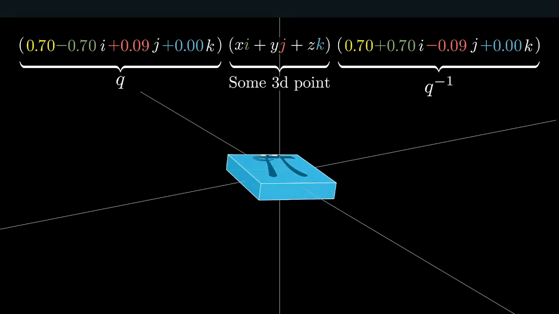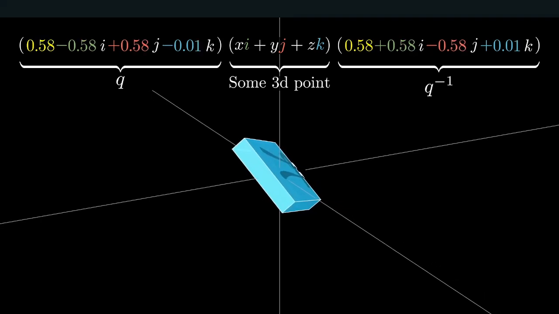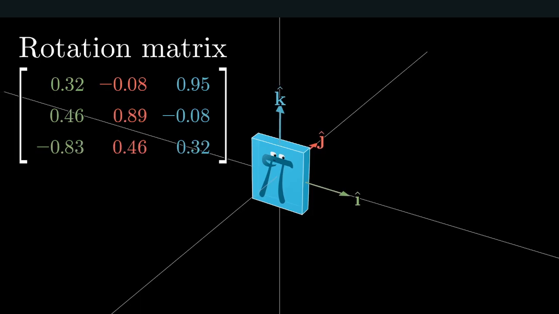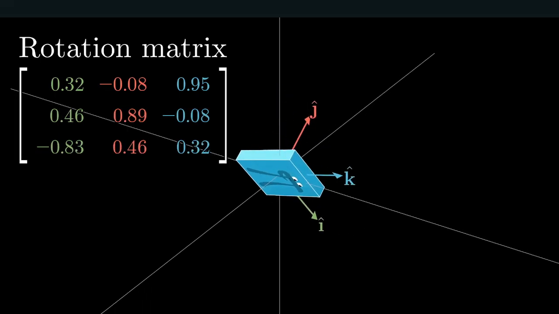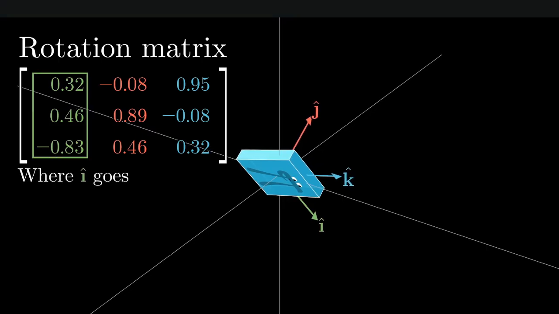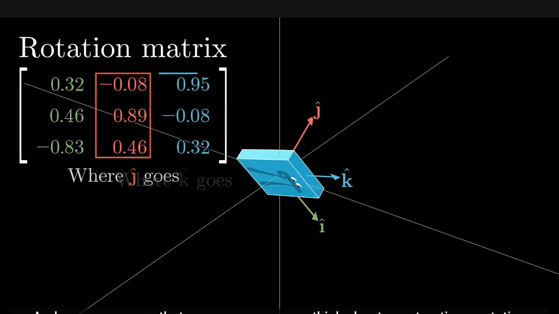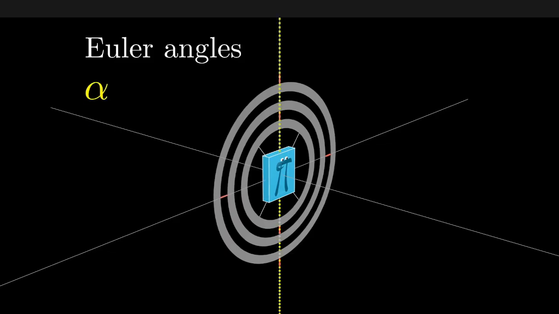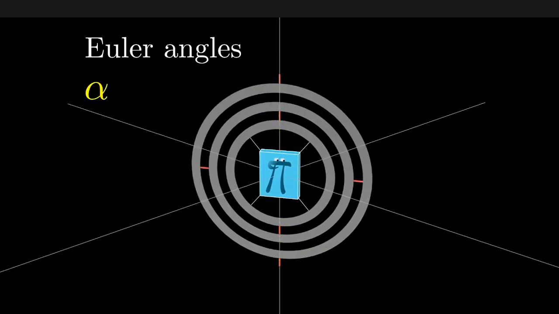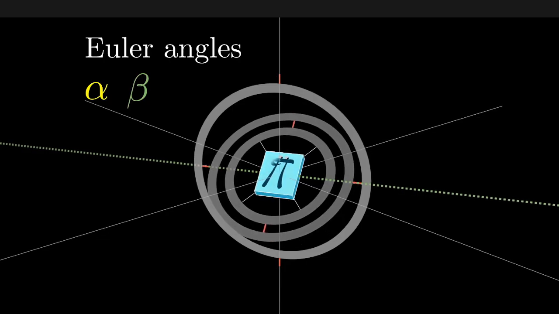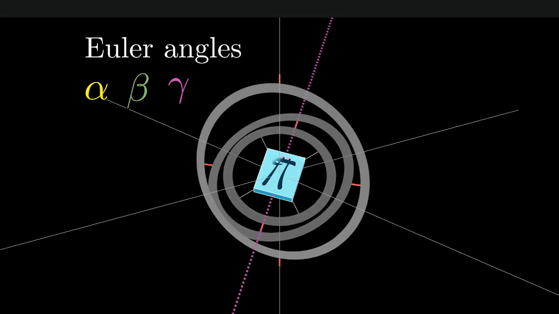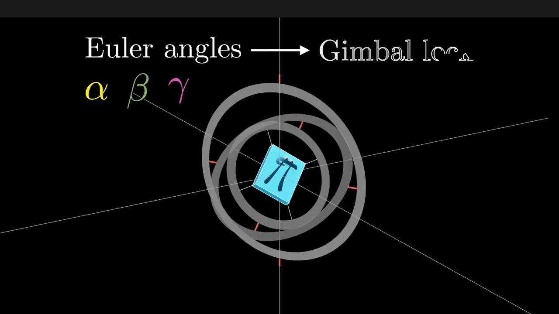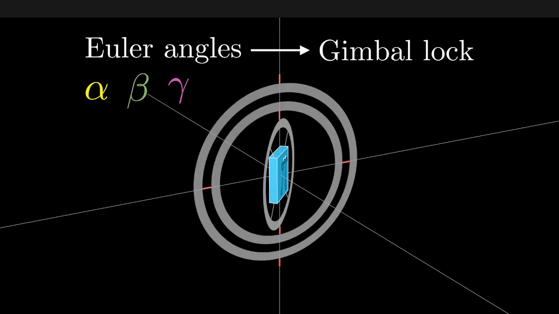The thing is, there are other ways to think about computing rotations, many of which are way simpler to think about than quaternions. For example, any of you familiar with linear algebra will know that 3x3 matrices can really nicely describe 3D transformations. And a common way that many programmers think about constructing a rotation matrix for a desired orientation is to imagine rotating an object around 3 easy-to-think-about axes, where the relevant angles for these rotations are commonly called Euler angles. And this mostly works, but one big problem is that it's vulnerable to something called gimbal lock, where when 2 of your axes of rotation get lined up, you lose a degree of freedom.